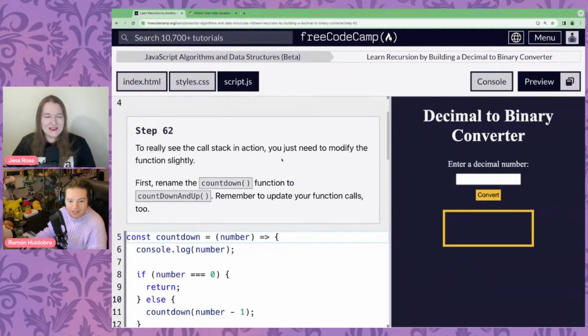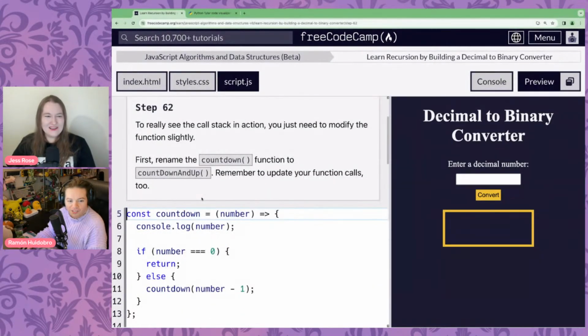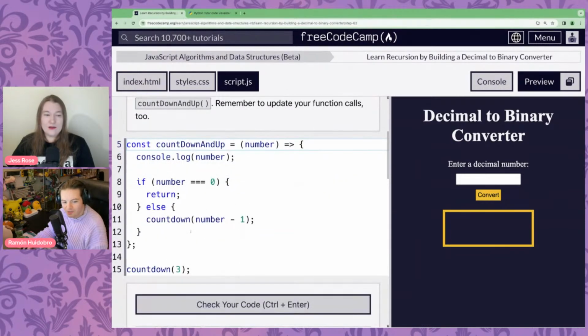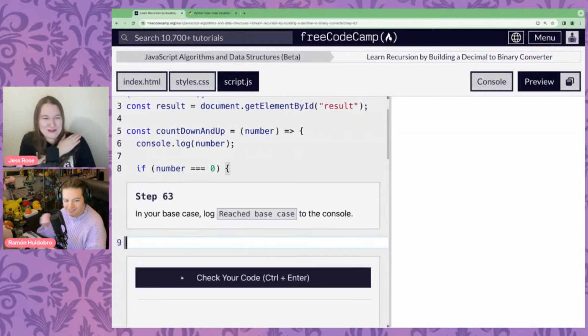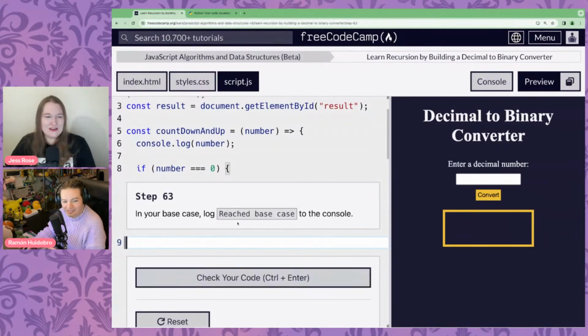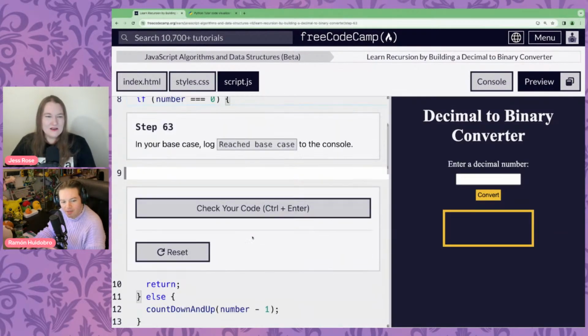To really see the call stack in action, we just need to modify the function slightly. We're going to rename count to count down and up. And we'll need to update it here. I'd copy and paste, but you can do you. Okay, in our base case, we're going to say